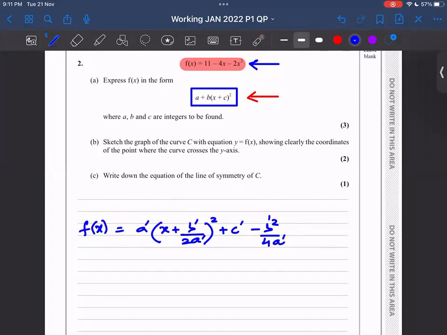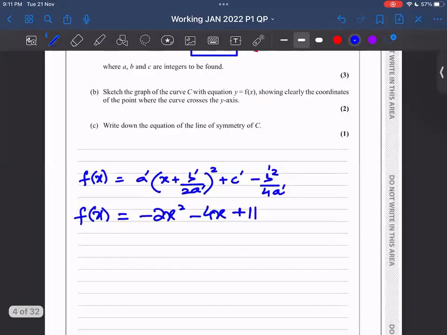Okay, so the values from the f(x) function: I'm just arranging that function. First the x square term, then the x power 1 term, and then the constant term. So I've just arranged these terms. After that, I will decide the values of a, b, c. The value of a dash is minus 2, b dash value is minus 4, and c dash value is 11. Now I'm going to put these values